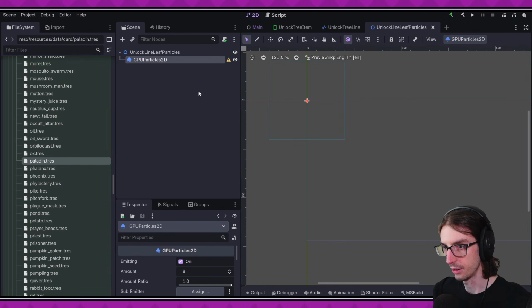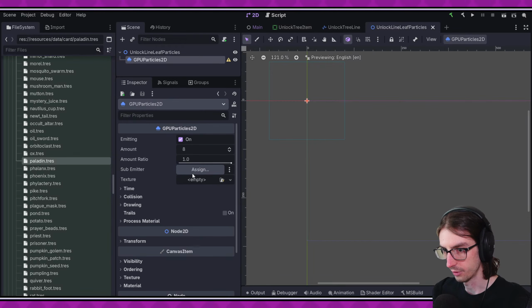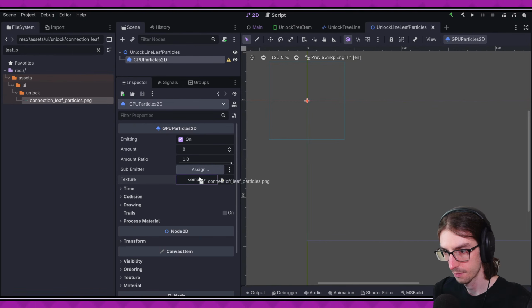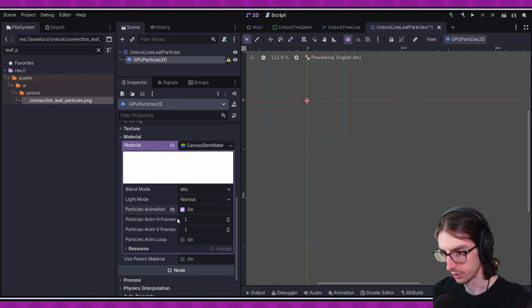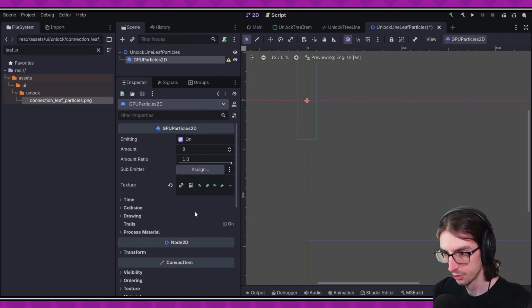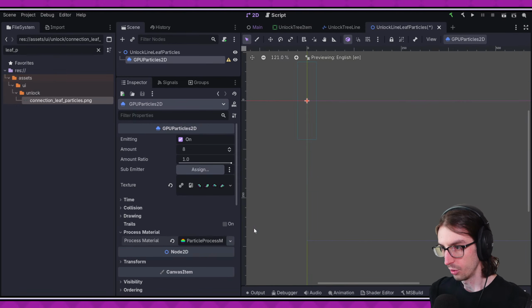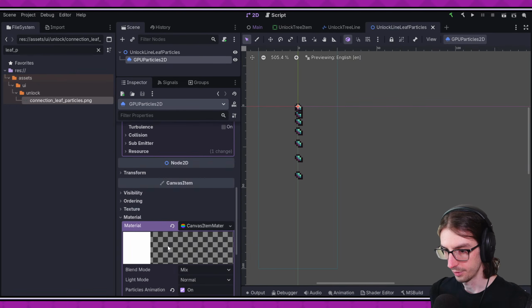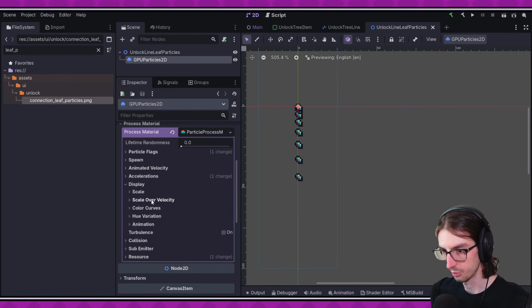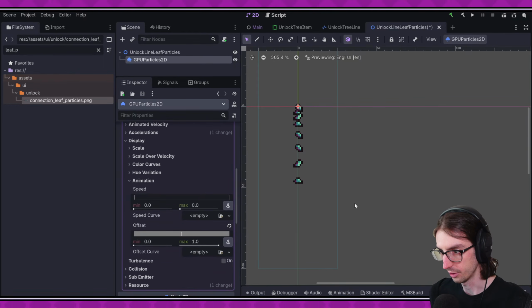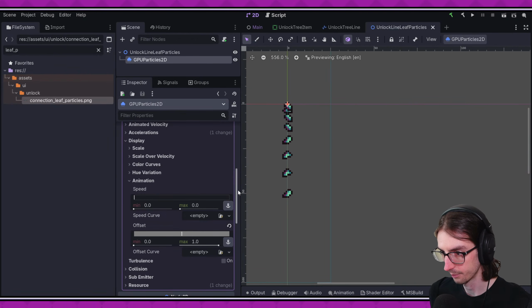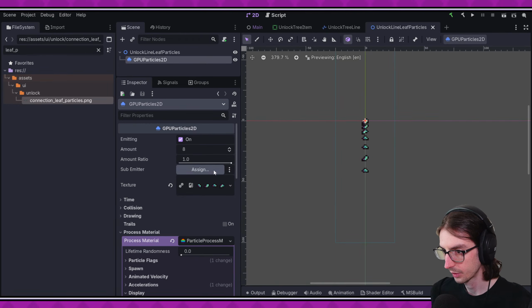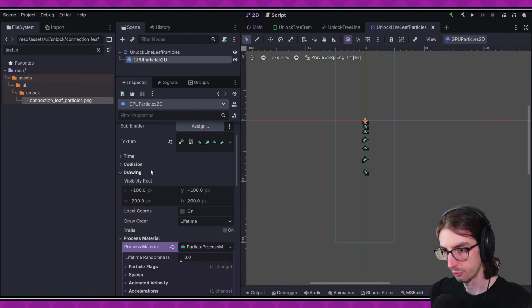Okay, so now in here, let's go ahead and create, well, let's add the texture. Then we need a new canvas item material with particles animation on with 4 H frames. Create a new particle process material. Then before I forget, let's go to display, animation, offset of 1. So now all of these are going to be different things. Okay, so then for the emitter,